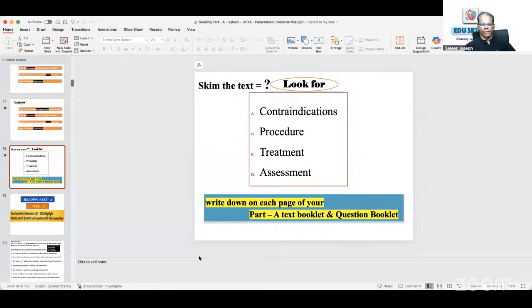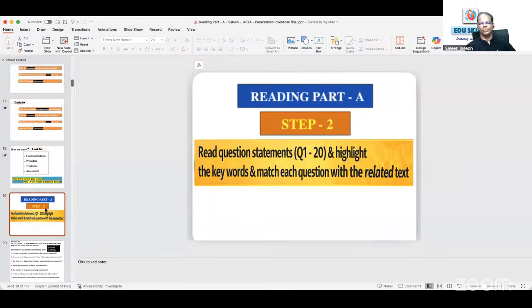Let's check whether it is working now. Yes, Father. Okay, now step 2. Step 1 is clear. You have headings on each page of your hard copy. In short, however you can understand. You need not write the full word. If you write just contra and you understand, that's cool. Interactions, inter, if you understand, that's better. Only for your understanding. Step 2, read question statements 1 to 20 and highlight the keywords and match each question